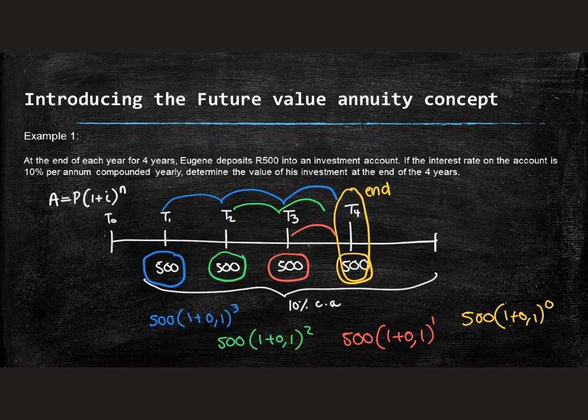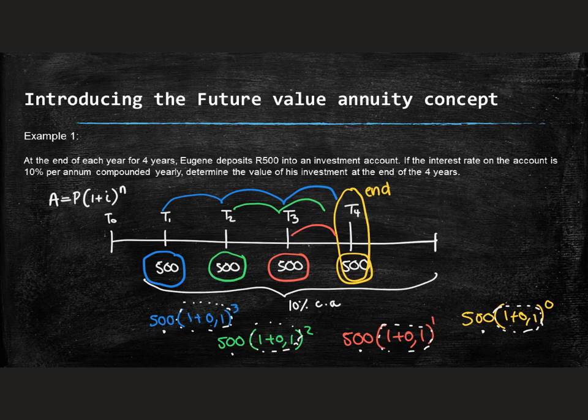Now what you notice is that to do 4 different equations would be cumbersome, especially if you're going to deal with things that have 240 of the same payments. But what I do hope you notice is that there's a common factor in all of this. There's a common factor of the 500 in all of them, and a common factor of this bracket in all of them. The bracket is growing at the same constant, and the power is the only thing that's different. So if you could take this and put it into your calculator,